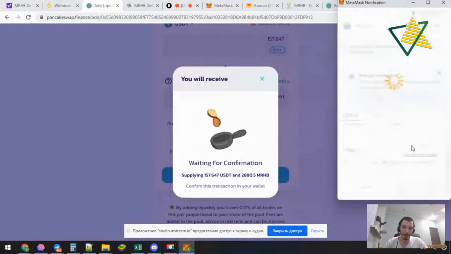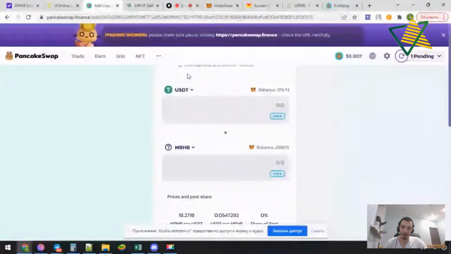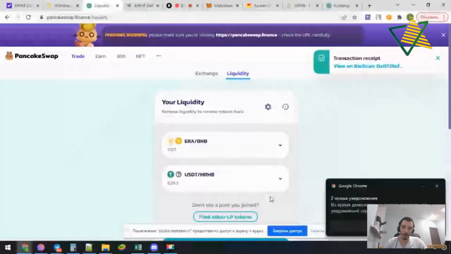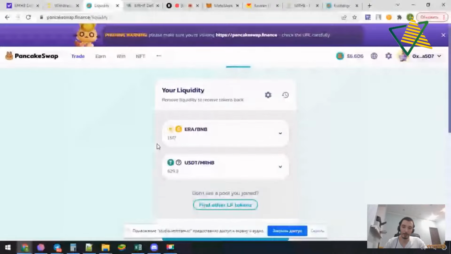Confirming in MetaMask. Each operation should be confirmed in MetaMask. And now, when my operation is done, we will see the liquidity. Yeah, see the liquidity in the liquidity page, and I have